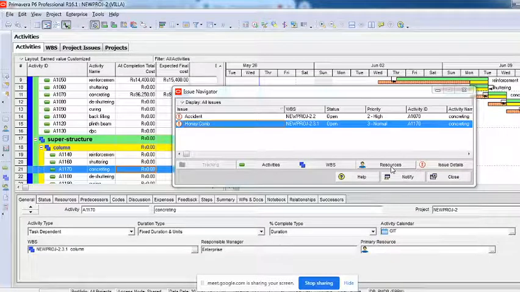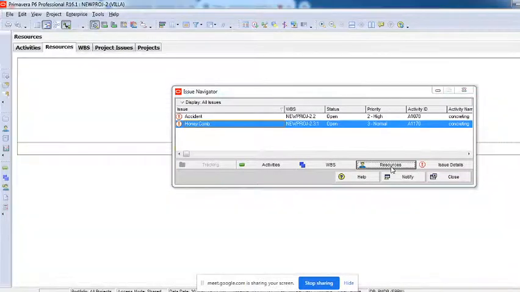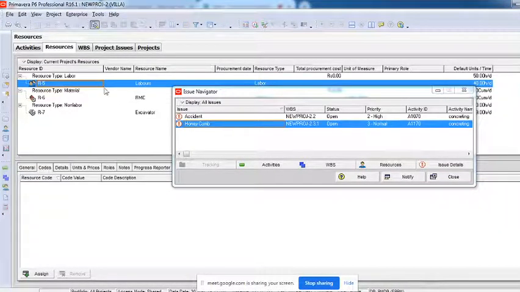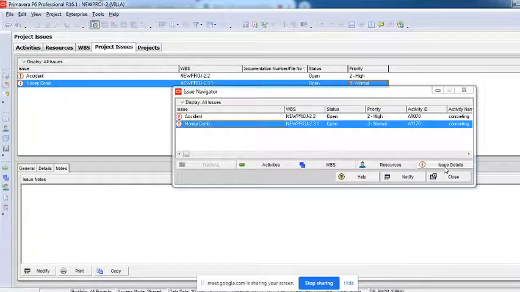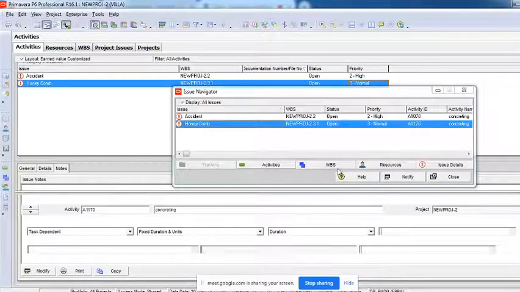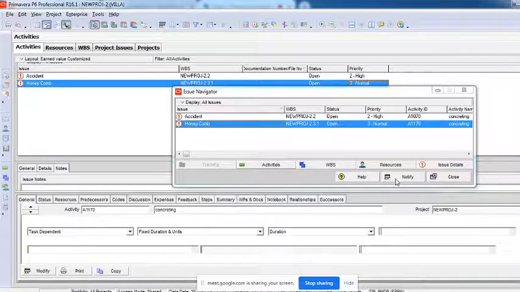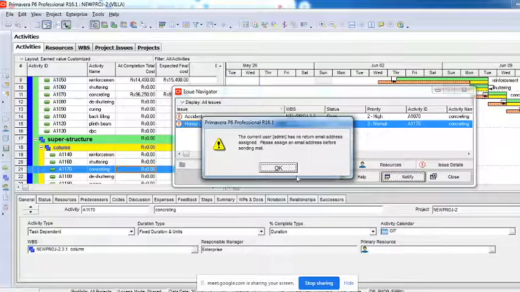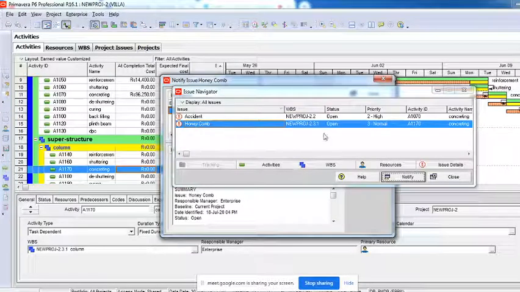So then which is the resource which is responsible for it, then the issue details, then it will take you to the issue page to show you the details, right? And then when you say notify, it automatically takes you to your email page if your Outlook is configured.